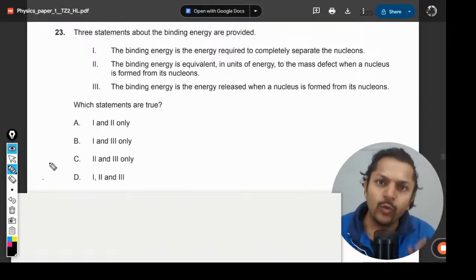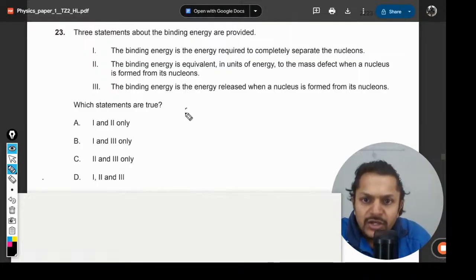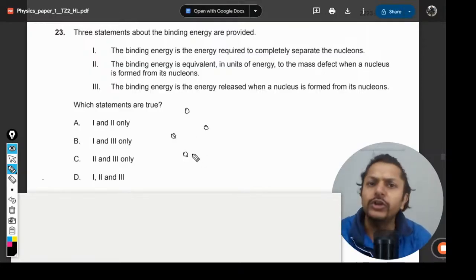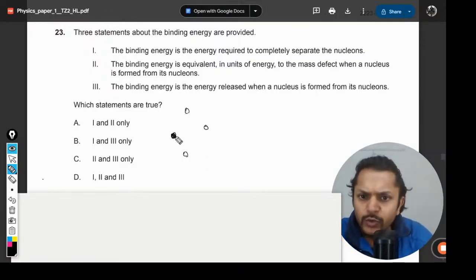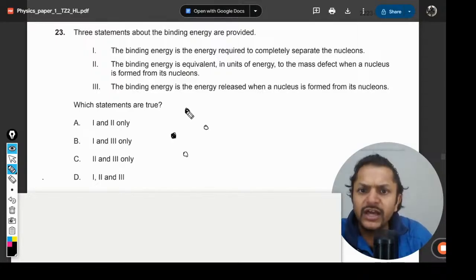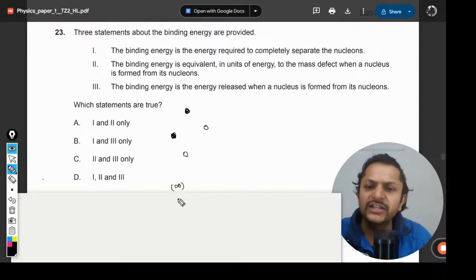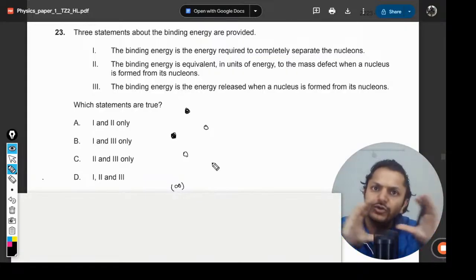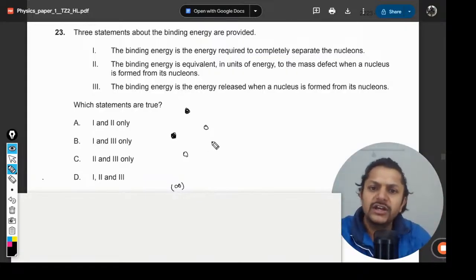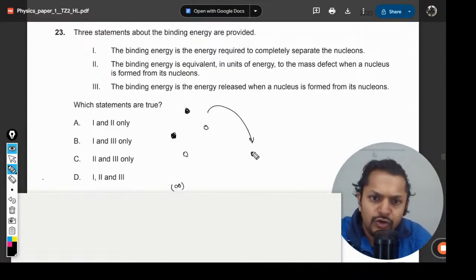first try to understand what is binding energy. The basic definition of binding energy is, let us say these are four nucleons, like two are protons and two are neutrons, let us say. They are at infinite distance from each other, they do not interact with each other, so they have to come together to create a nucleus. So when they come together and a nucleus is created,